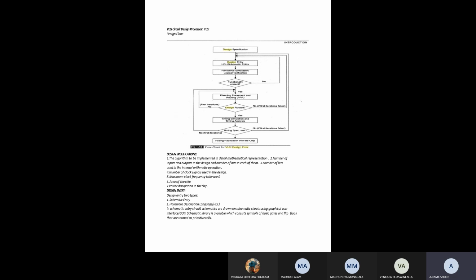If you want to start any project, first of all we have some idea about that design. For example, consider a two-input AND gate.